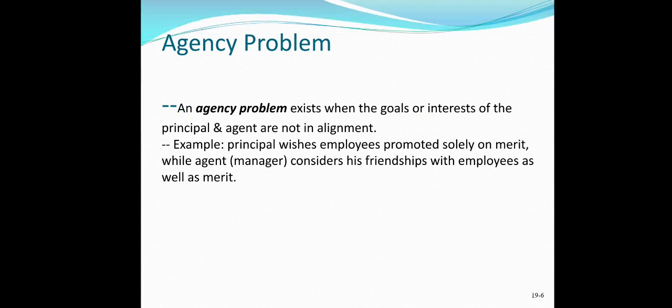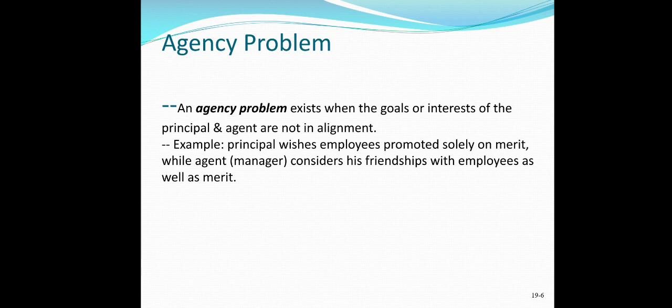Okay, an agency problem exists when the goals or interests of the principal and agent are not in alignment. So, agency theory says the interests of the principal and the interests of the owner are not aligned. Like I said earlier, in the context of the relationship between board of director and manager, the board of director or the owner of the business, their interest is